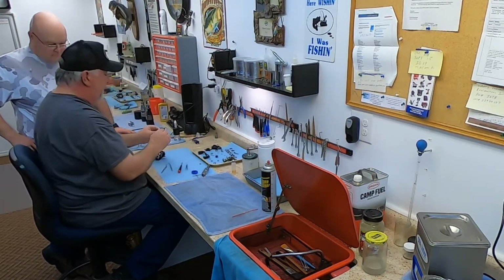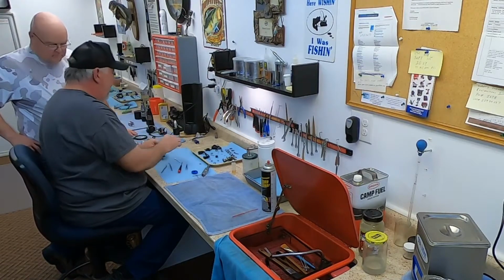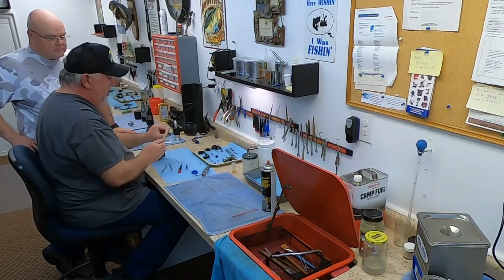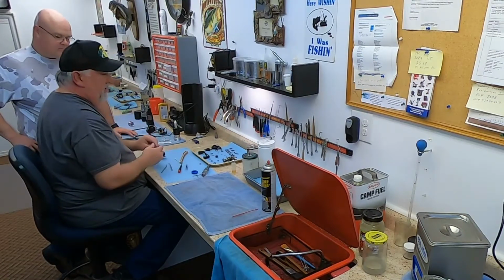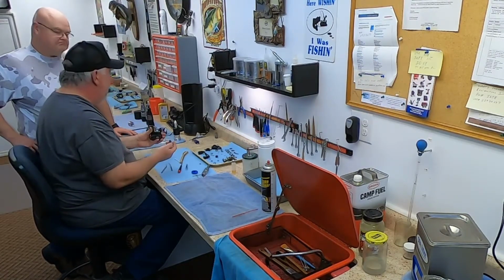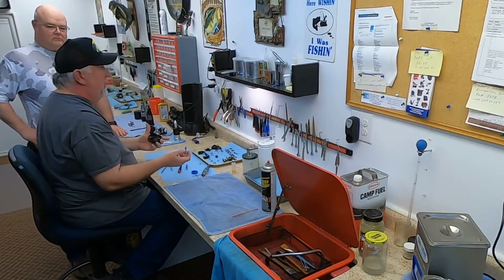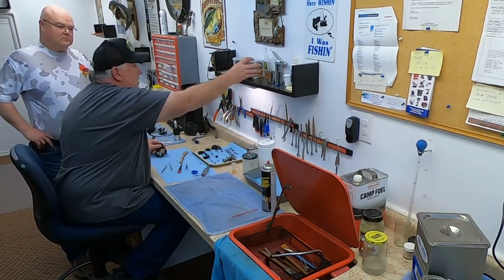If it's just a little bit, you can wipe it off with that. You can use a brush and then just put a little new grease on it. Any reel grease is probably fine. I prefer Super Lube